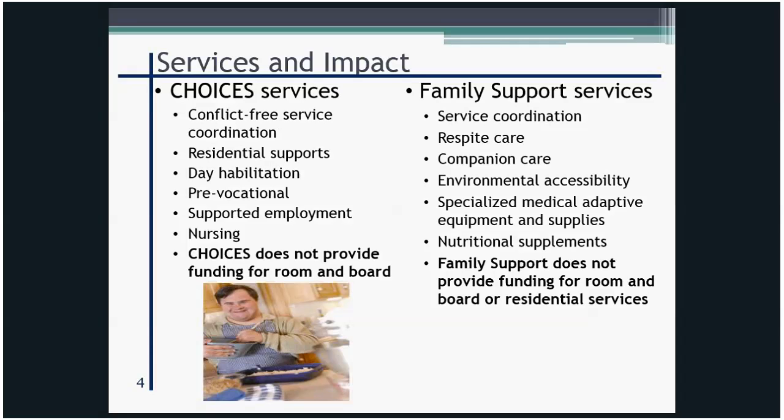I can meet my family member's need in my own home, I just need some resources, I need respite, I need staff to come in and provide personal care, companion care, those kinds of things, then they'll generally look to Family Support. Because